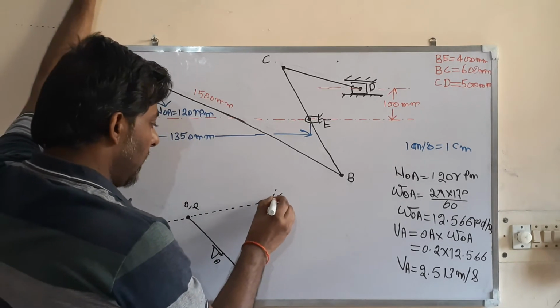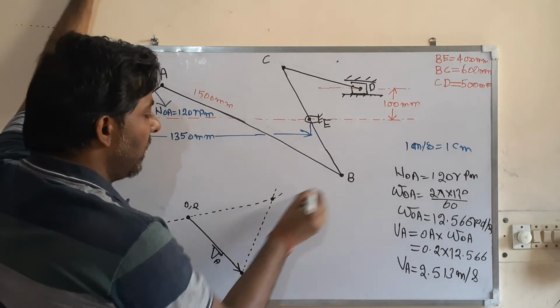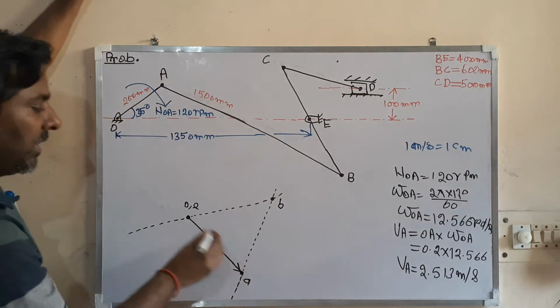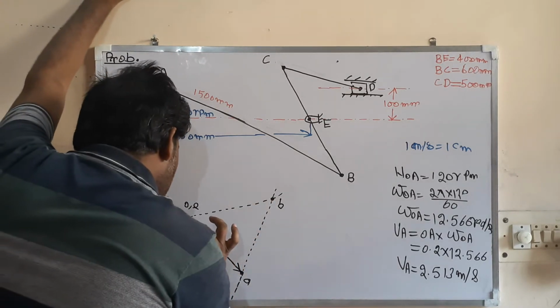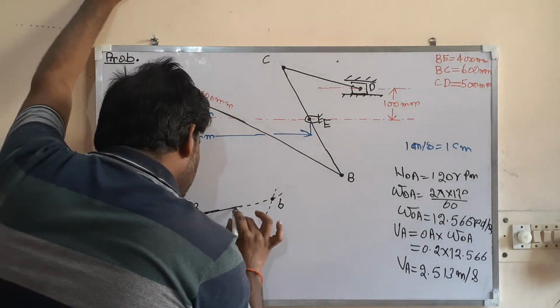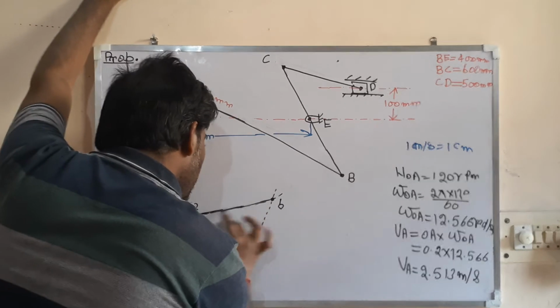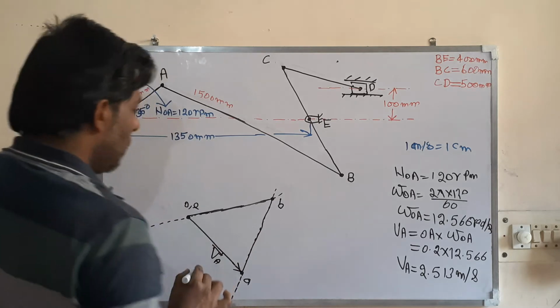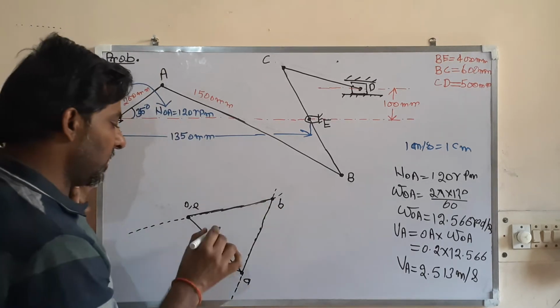तो ये दोनों लाइन जहां पे कट करेंगे, that point will be B. The intersection of these two lines will be B. इसको आप कंप्लीट कर दो. Now you join this by a complete line because you have fixed the point B. So slowly you are making the velocity diagram.